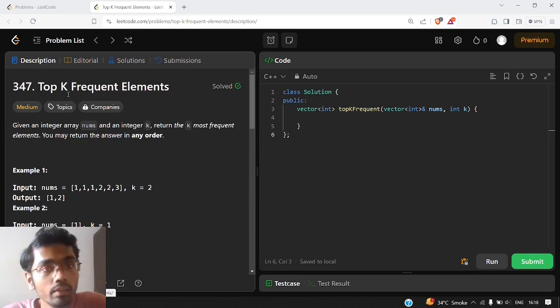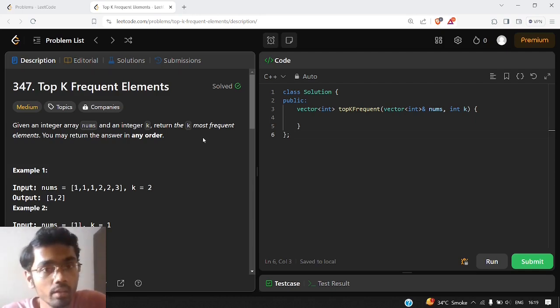Now what is the data structure that we are going to use in this question? Since we need to return the most frequent elements, that means we need to find the frequency with maximum number. Since it is talking about the maximum frequency, we will use the max heap. So what does a max heap do? It always puts the maximum value at the top. For example, we are given 3 integers, 3, 2 and 1, and if we put them in our max heap, the 3 would be present at the top, 2 would be present just below 3, and 1 would be present just below 2.